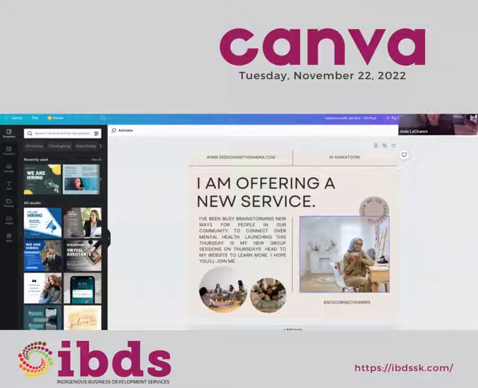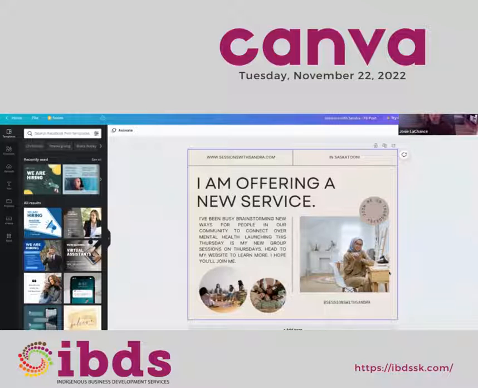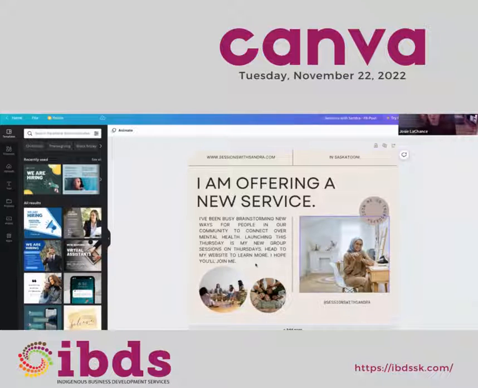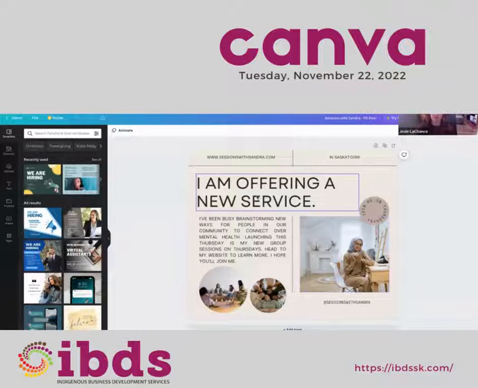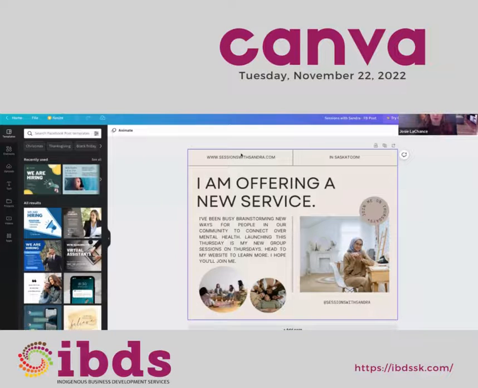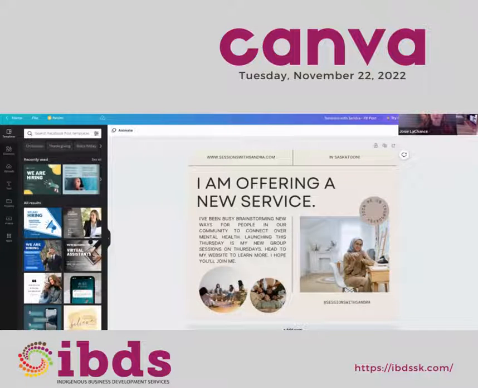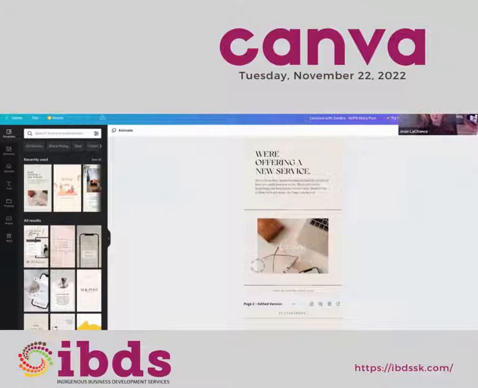And then here again, same thing. So for Facebook, it's just a little bit longer than the square post for Instagram. So I just adjusted it a little bit, which is not necessary. You could use the same Instagram post for Facebook, but I made a different one because it was really easy to just take the information. I just copy and pasted everything that I had and put it into a template for Facebook. So I'll go back to the one that I made for Instagram here.